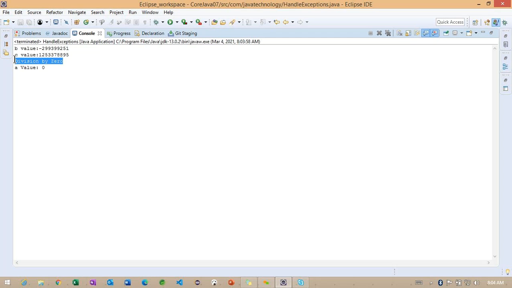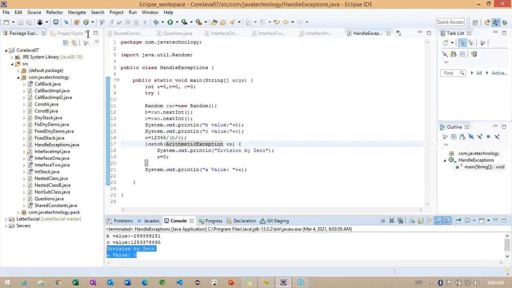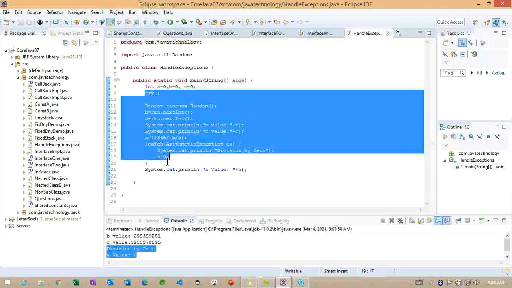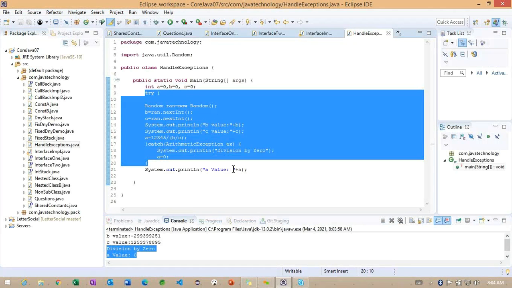Whenever the divide value is 0, in that case we are getting an exception. After running 3-4 times, we are getting this particular exception. So this is also very important to handle this particular exception. This is the way we can handle the exception here.